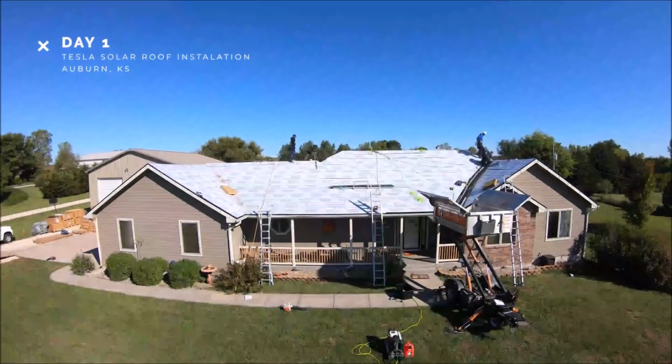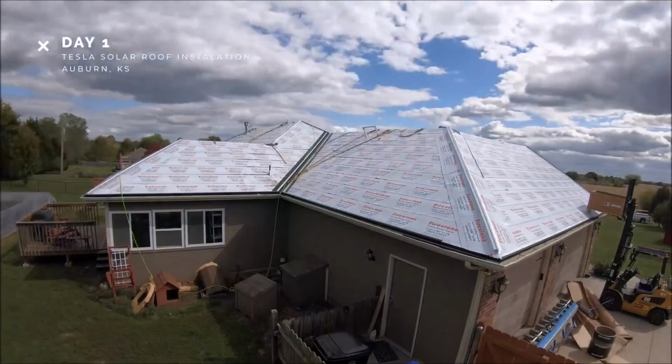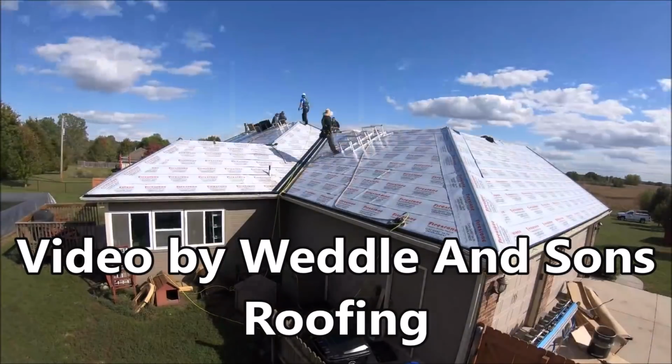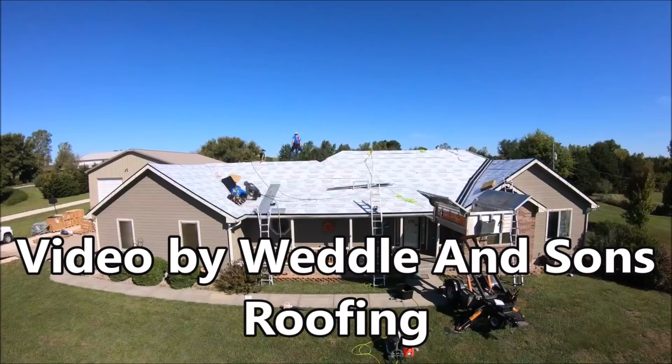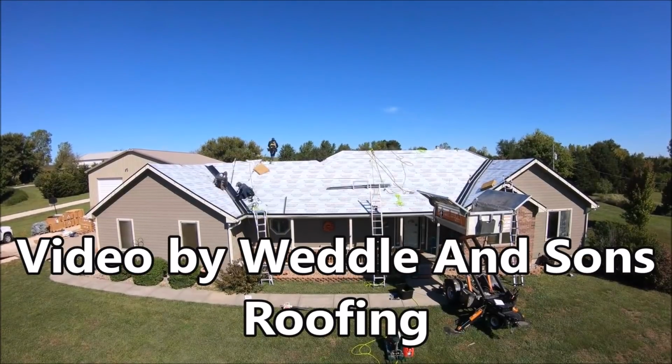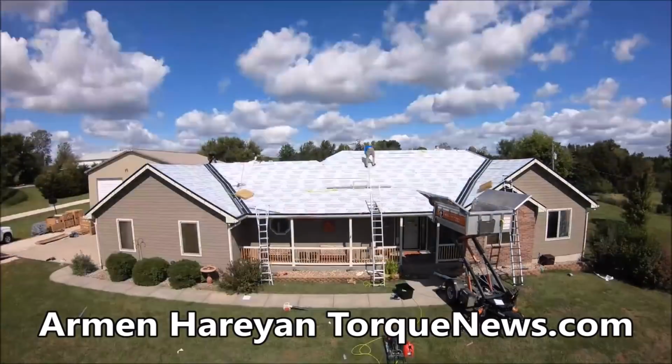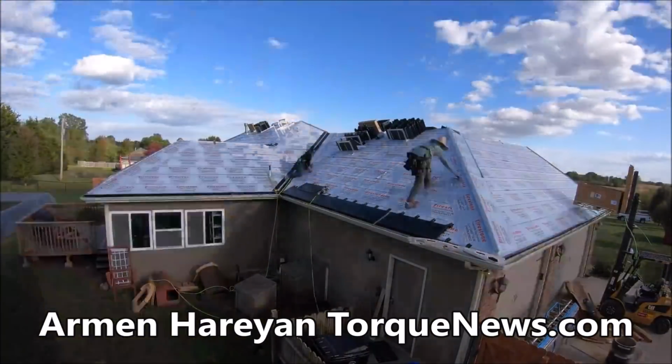Tesla's goal is to make solar roof installation easy enough that you can do it in one day. They've now gotten it down to about 4 days. You're watching a time-lapse video of an installation of a solar roof by Tesla by Weddle and Sons Roofing in Auburn,